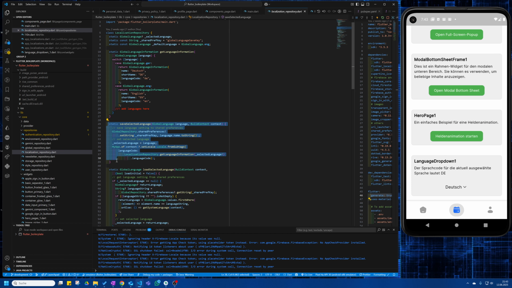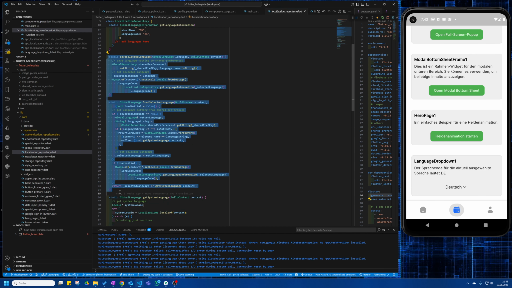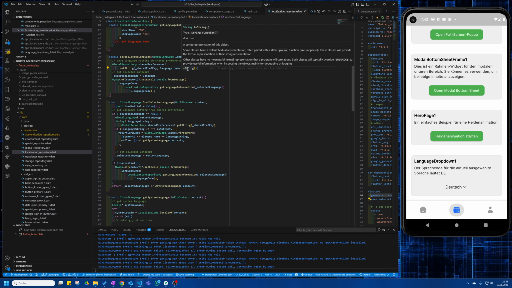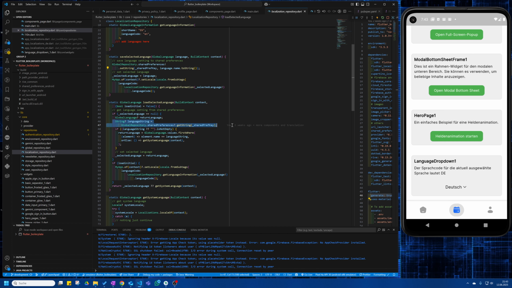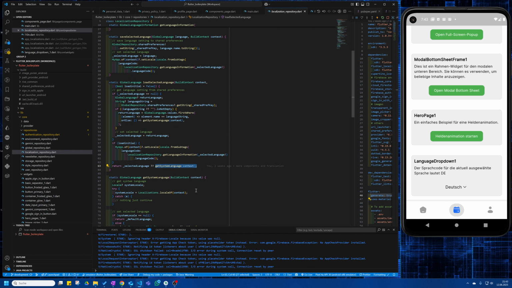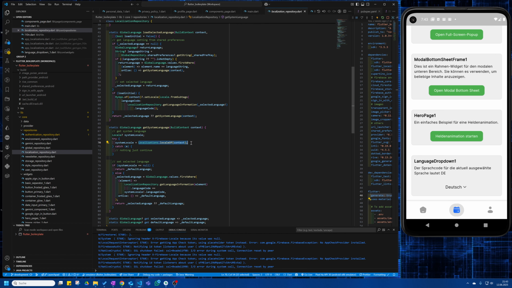In this repository I have these 2 functions which are relevant here. One is to save the language. There I just open a shared preference and set a string with the current language name. And to load the language, I load the shared preference as well. And if there's no language saved, I wrote a function to get the system language. This just returns the set language on the device. And if there's also no language found on the device, which actually shouldn't happen, then I set a default language,